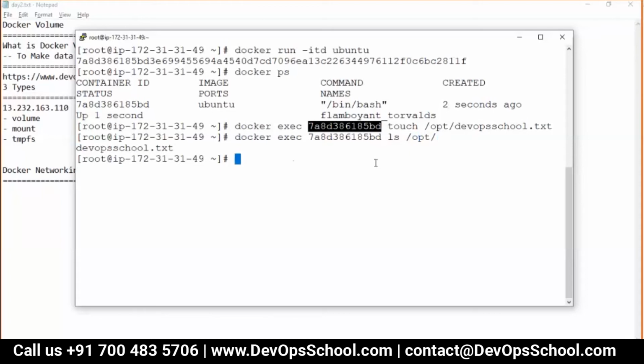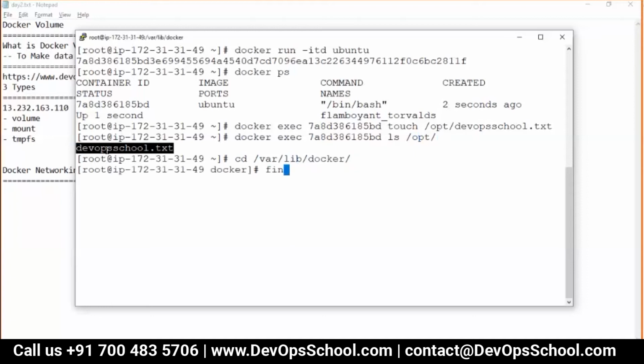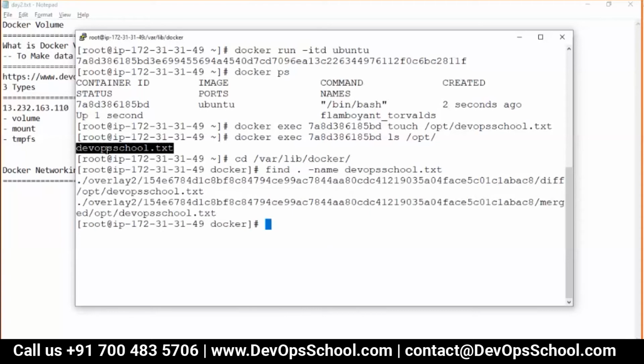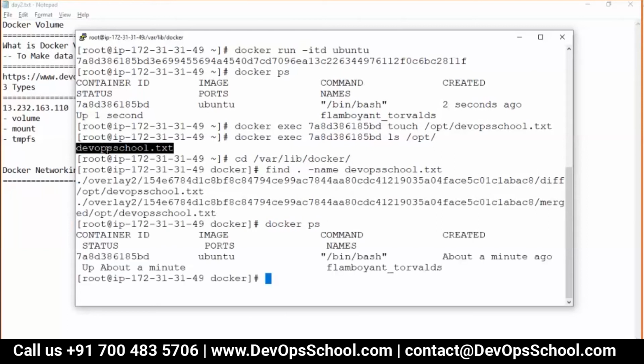Now I would like to know, is this data there in my storage? So go to /var/lib/docker and run the find . -name Linux command, and here, guys, this data is there somewhere in the host machine. You see that, two places. Why is that there, how come it is there, we'll talk about later. First understand that the data is there, but what happens if, due to some accident, that container got deleted?